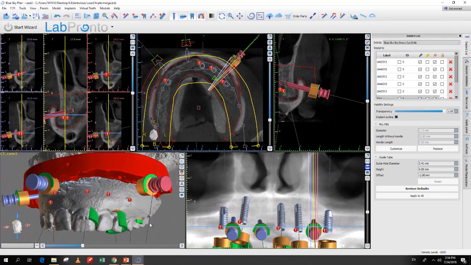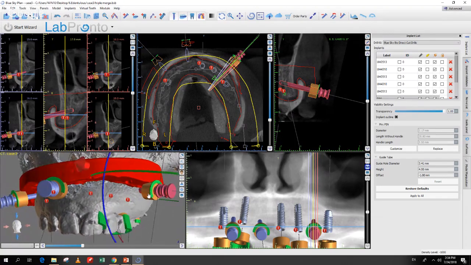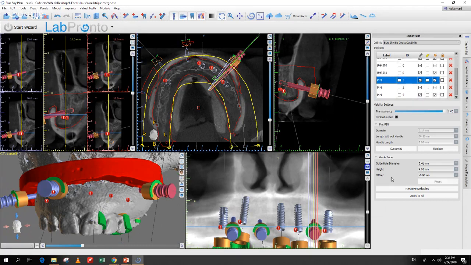And if I turn the green semicircles back on by going to the drill kit for Blue Sky Bio direct cut drills, then we could see that now the software guide tubes are positioned a bit farther away from the patient, but the built-in drill stop is smaller. If we wanted to move the software guide tubes closer to the patient's anatomy for the surgical guide fabrication, then we could go ahead